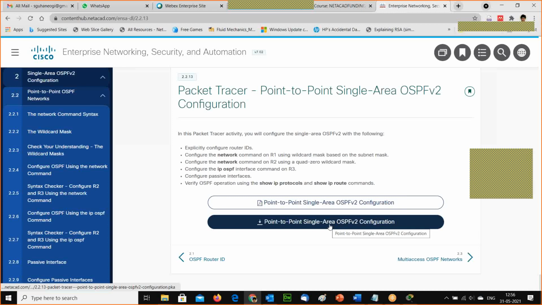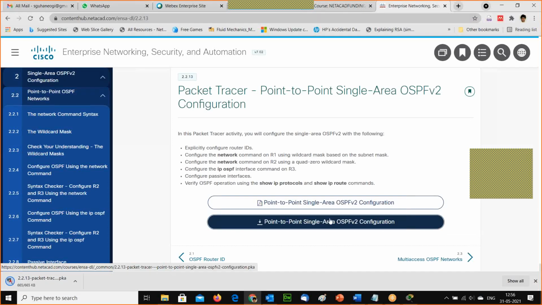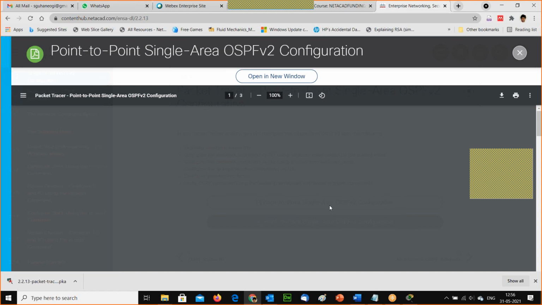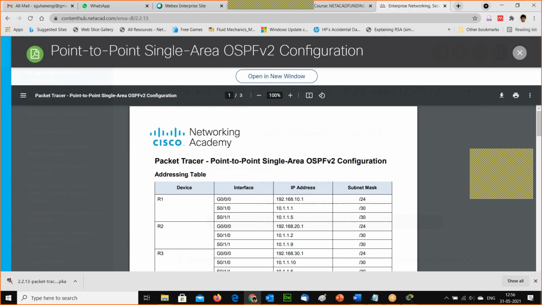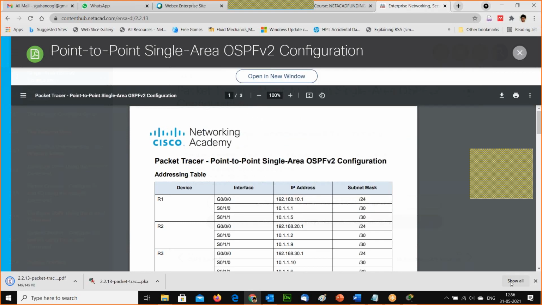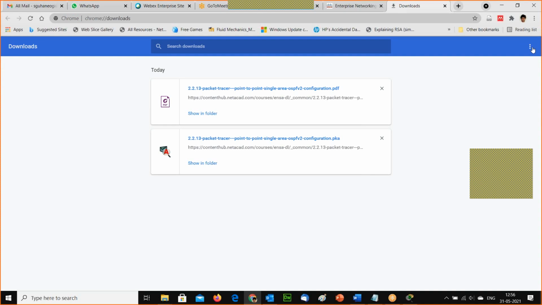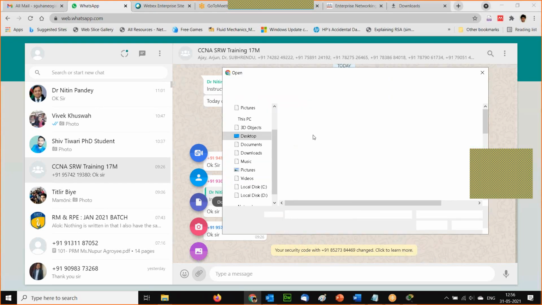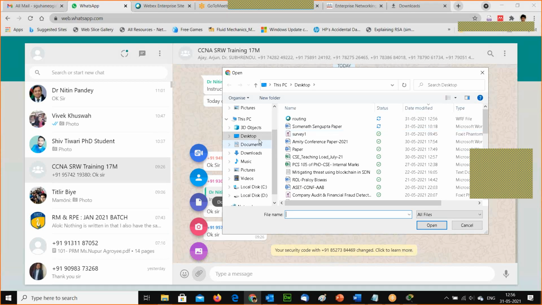So the point-to-point single area OSPF configuration, I'm just downloading. What all of you can do, or I can paste it in WhatsApp. When I'm pasting it, all of you please download this file and check it.